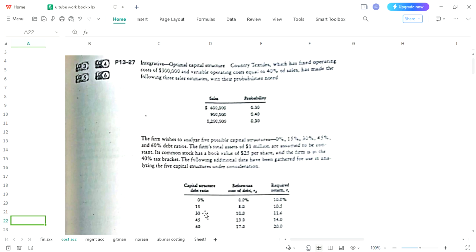0% and 15% has been completed, and we will conclude our first part of this lecture 13.27. Next part we will meet again for next proceeding. Maybe we can complete in next part 30, 45 and 60. Right now two statements, 0% and 15% debt equity ratio has been completed. So in this way we can conclude our 13.27A part right now, and we will soon meet again for the